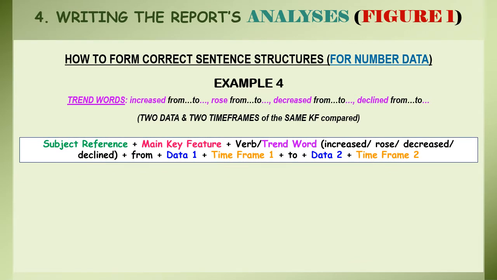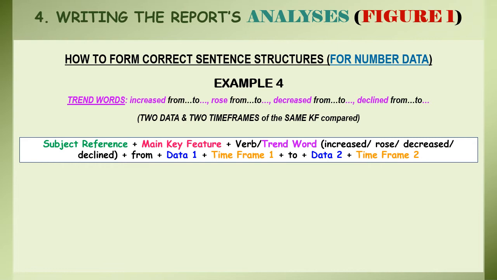Here is the sentence structure. You start the sentence with the subject reference, followed by the main key feature, then followed by the verb. The verb can also be the trend word. Then with the word from, data number 1, time frame number 1, then include the word to, data number 2,